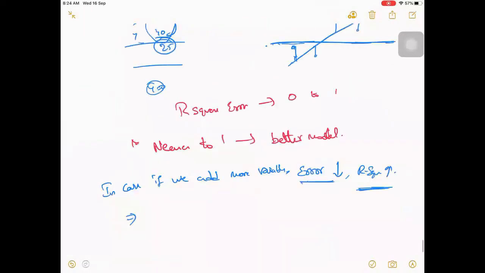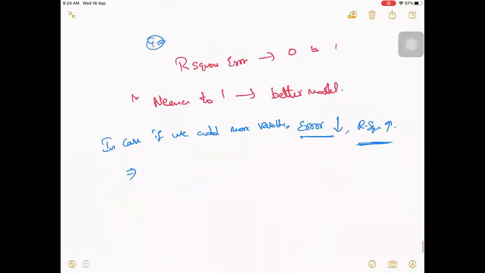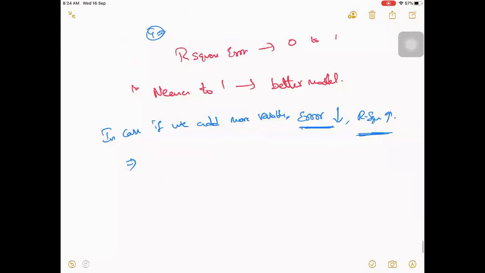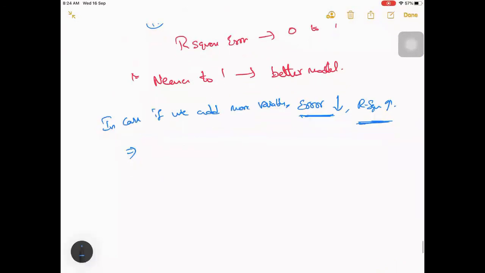Okay, so if you see, if it is just increasing when you add a few more variables, then there is no much difference between using just mean square error and R square, right? So there should be some way. You penalize this error when you add more variables, depending on the number of variables.